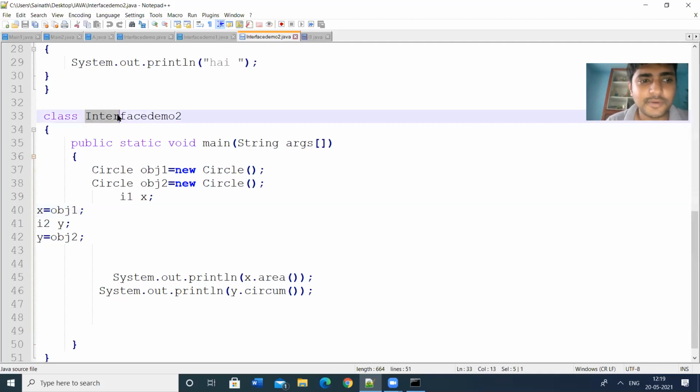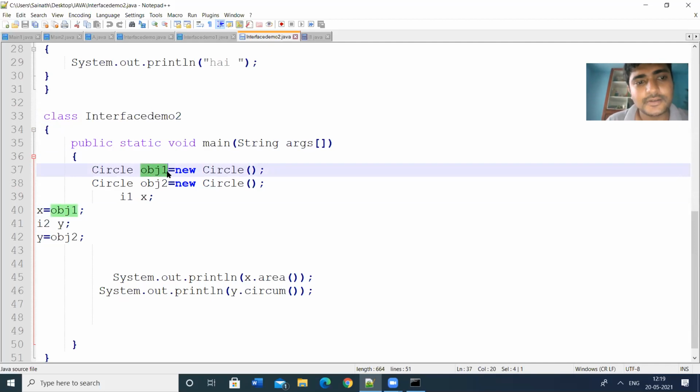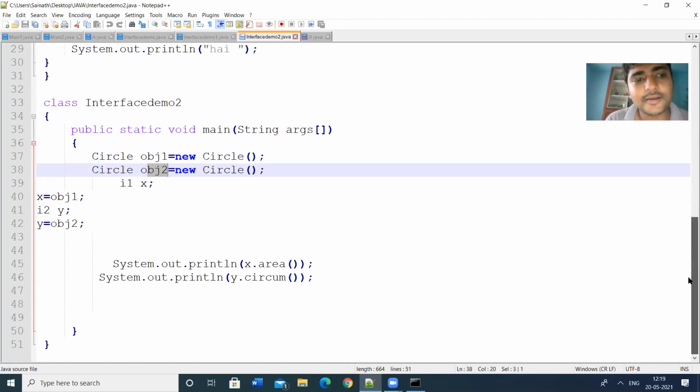Class name and main method, and then I am creating objects obj1, obj2. I am defining two objects of Circle, obj1 and obj2. Since we have two interfaces, I have created two objects. Here I am trying to access the methods through the interface object.